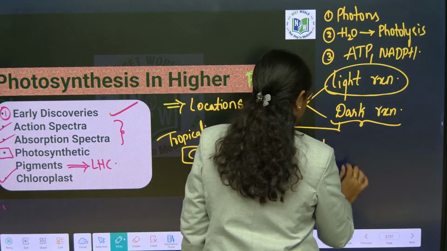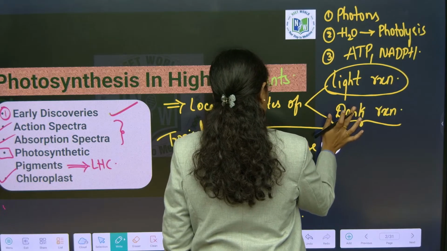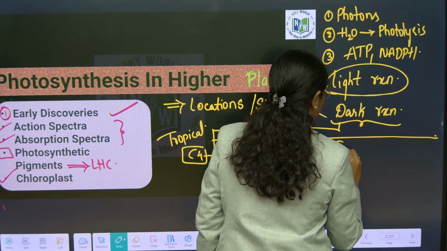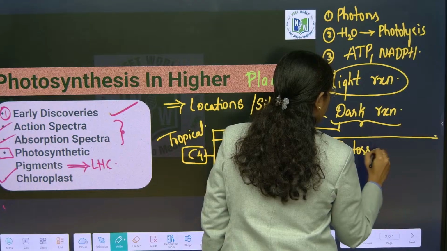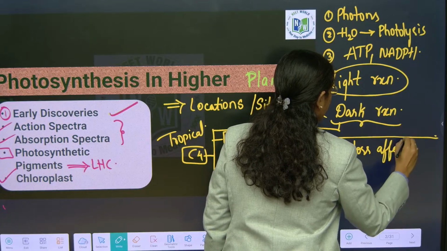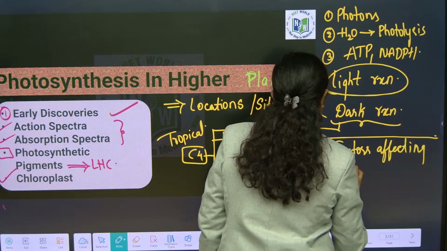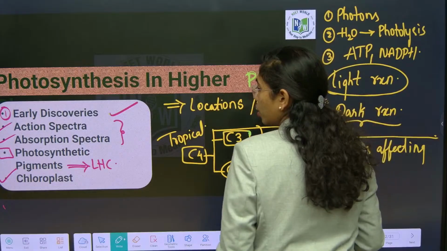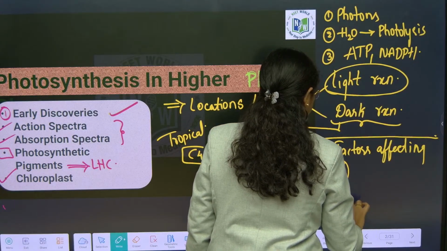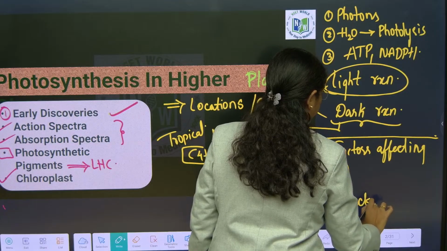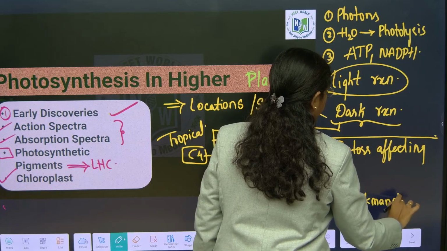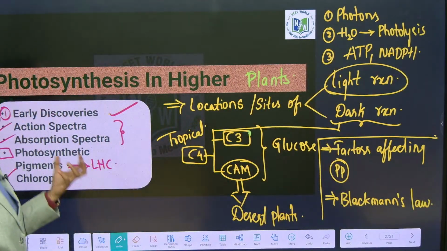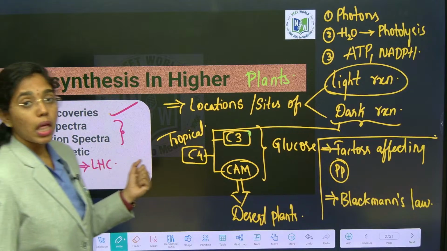lastly, factors affecting photosynthesis. What are the factors that are affecting photosynthesis? Here itself, Blackman's law of limiting factor will come into picture. Clear till here? So these are the concepts that you have to exercise from this chapter. Now,